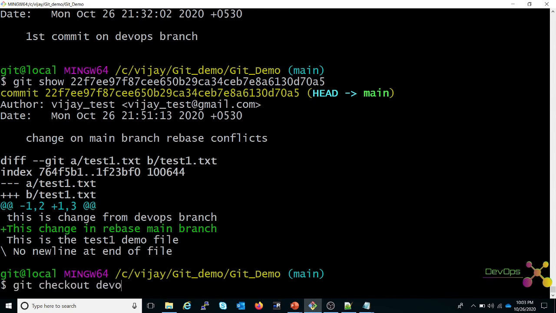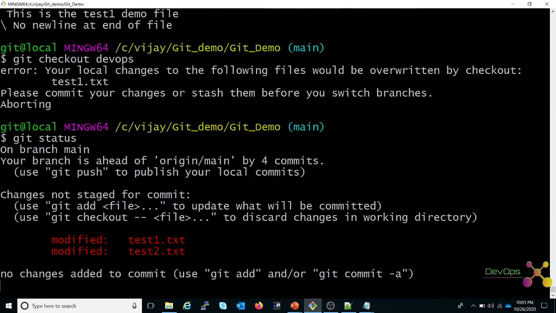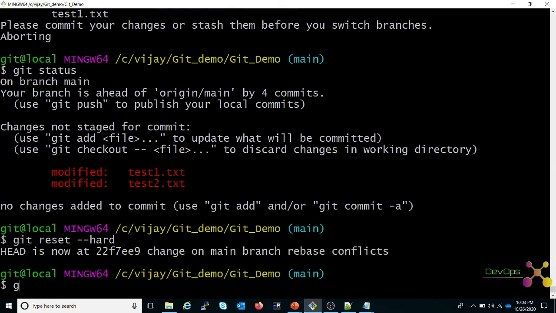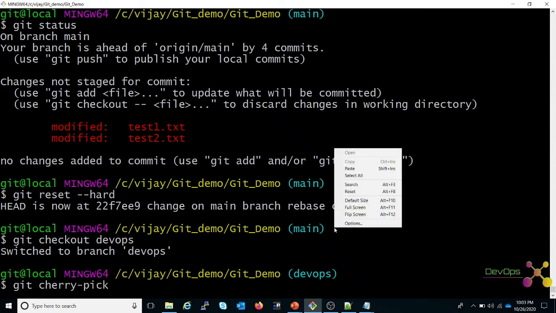So let's check out DevOps. First you have to check out DevOps. Actually we have so many changes. Git reset --hard. Then git checkout DevOps. Then you have to fire the command git cherry-pick and paste the commit.